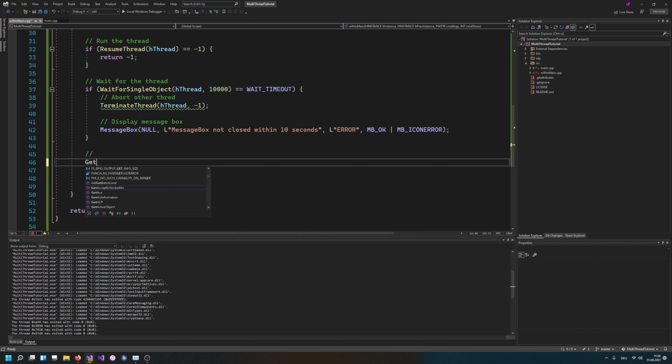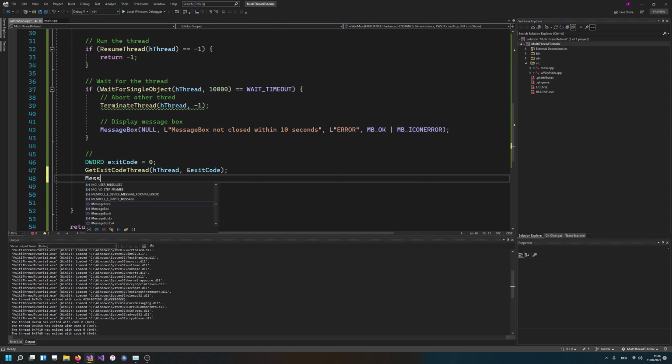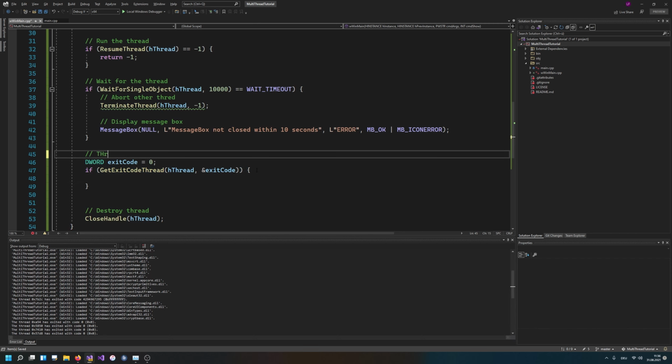So we want to have the function GetExitCodeThread to get the exit code for the thread, and I'm going to input my thread handle, and I need a DWORD, which is my exit code, which is by default 0, and I need to input this exit code here as well. And then I can make a little message box. So actually, I could say if this succeeds, I'm gonna make a message box, thread exit